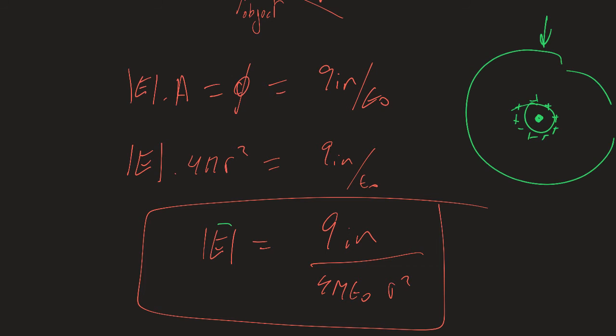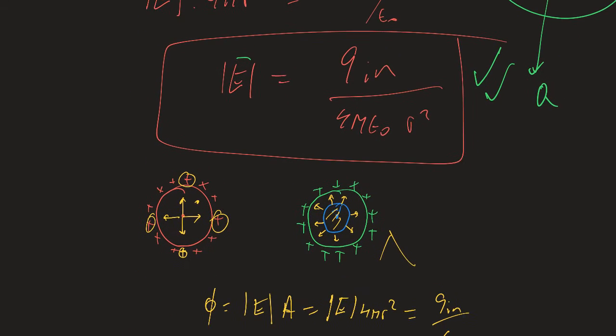And the electrical field produced by this ping pong distribution of charge will be equivalent to the electrical field produced by all the charge concentrated, like I pick up all the charge on the surface and put it at the center. It will be the same electrical field as a point charge in the center. So this is the magnitude of the electrical